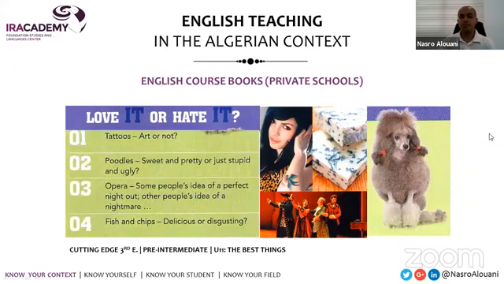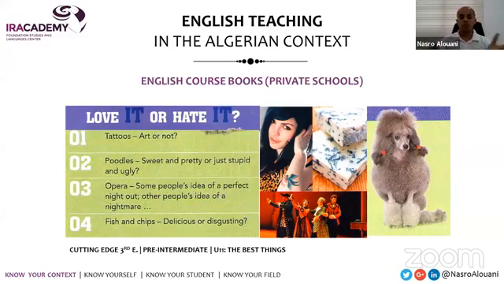This activity in pre-intermediate, the best thing, is called Love It or Hate It. It talks about some weird stuff, things that you either love or hate. There is no middle in there. And the first example is tattoos. Are tattoos art or not? Yeah, I for one don't like to indulge my students in such a question,